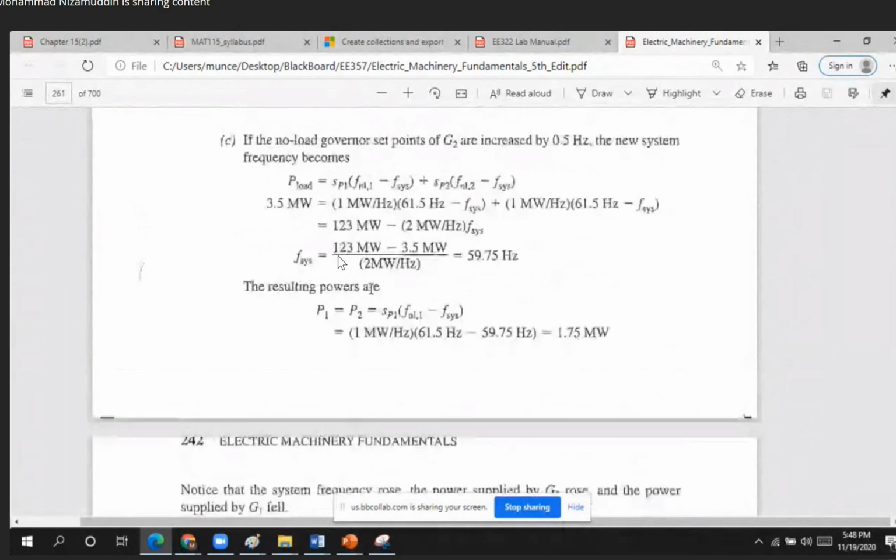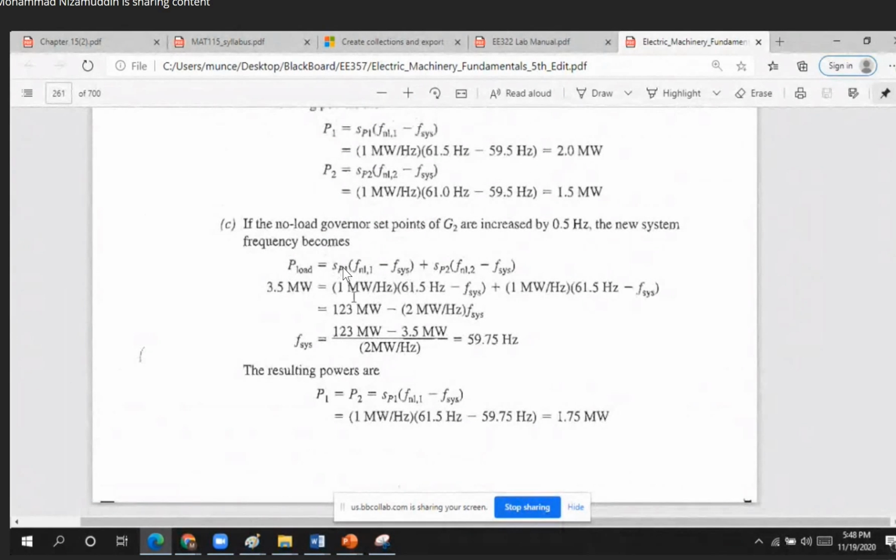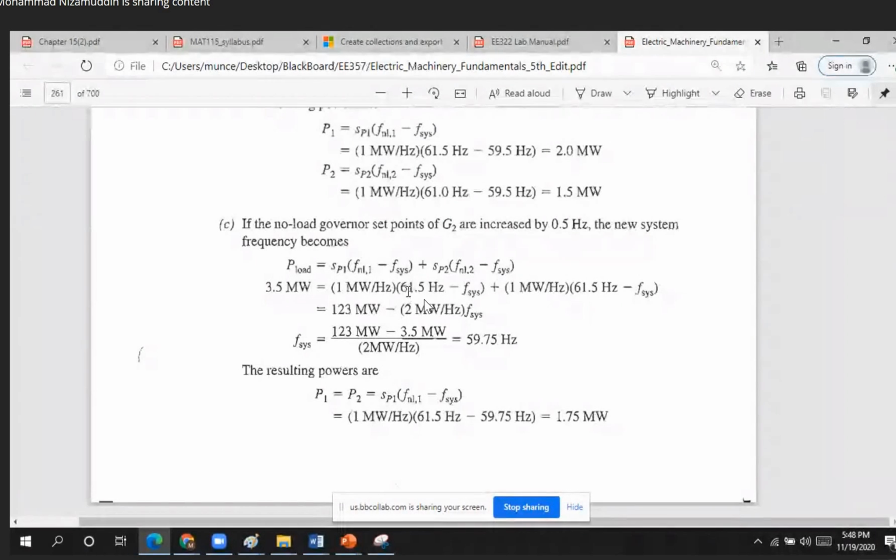The SP1 is 1 megawatt per hertz, it's fine. Slope is 1, no load 61.5. Oh, it says no load frequency has been increased. It didn't say the system frequency changed. No load frequency has been changed. Okay, what it says,